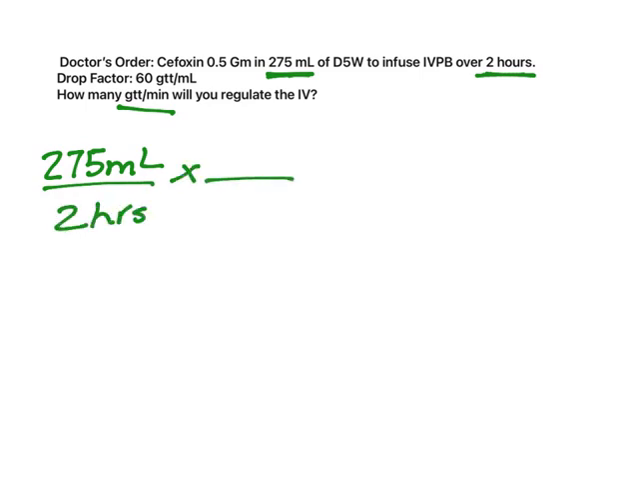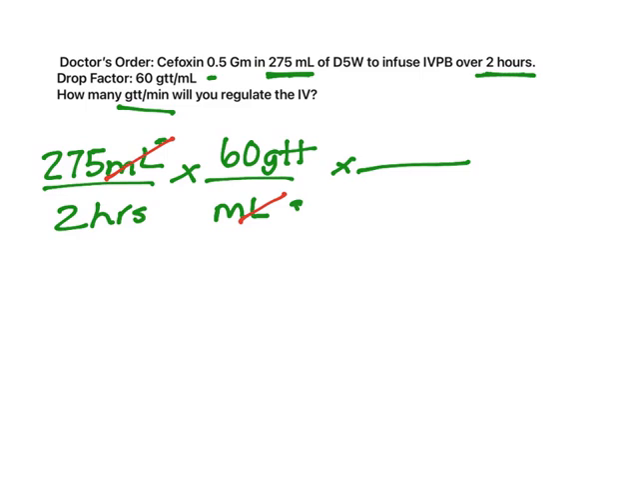All right, so we know that mLs need to cancel out and we know that hour needs to cancel out. So first, let's go ahead and cancel out our mLs. So we know that if mLs is on the top, mLs need to go on the bottom. So we go to our problem and we see that it has 60 GTTs per 1 mL. So mL is going to go on the bottom and 60 GTTs is going to go on the top. All right, so our mLs cancel out and we're left with GTTs per hour, but we need to be in